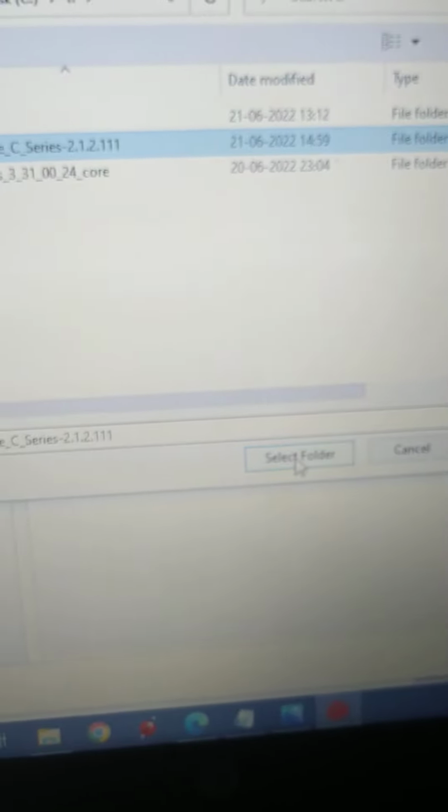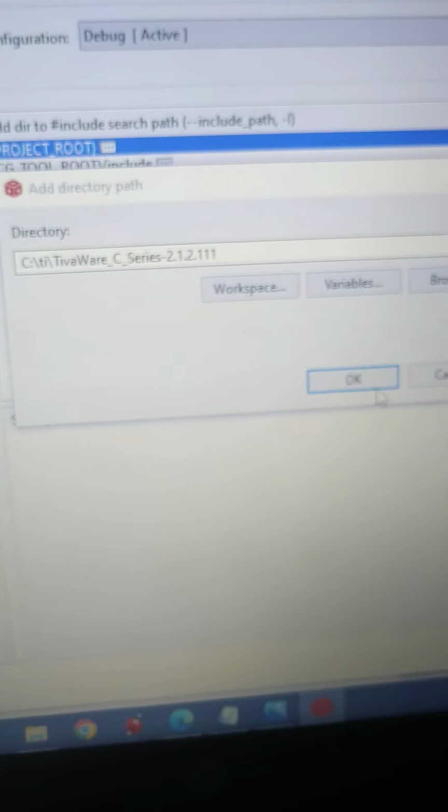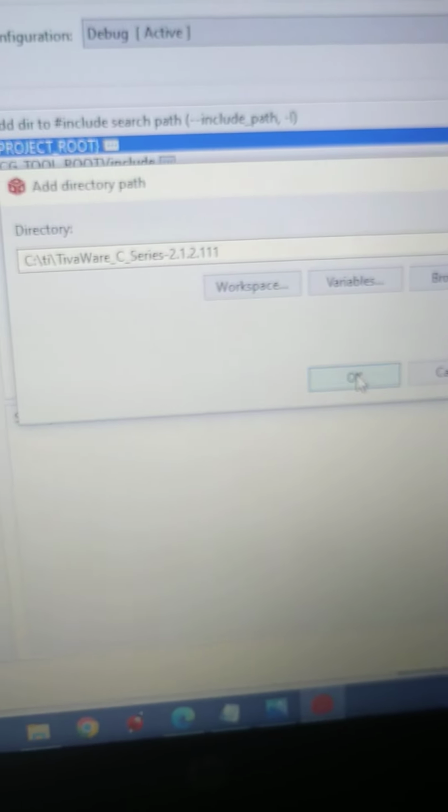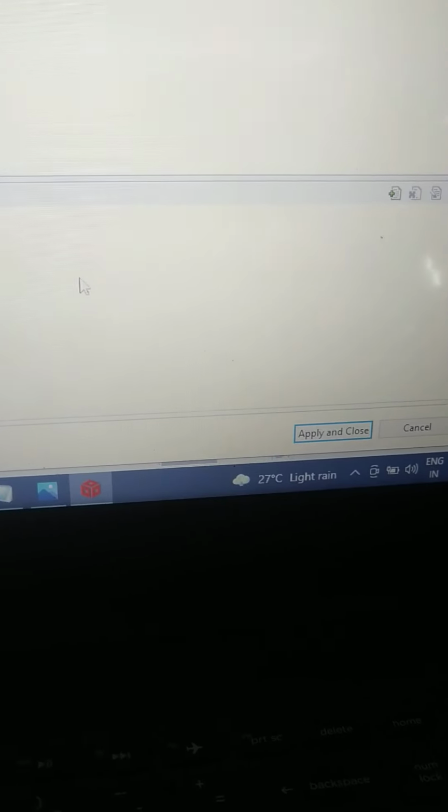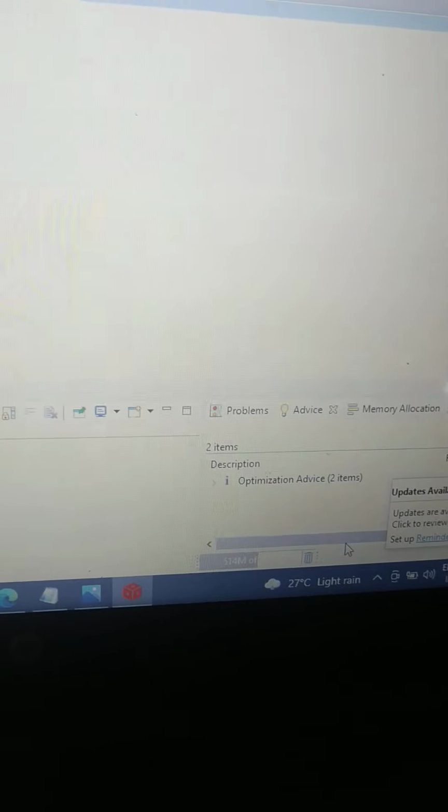Select the folder and OK. This folder has been added. Then click on Apply and Close.